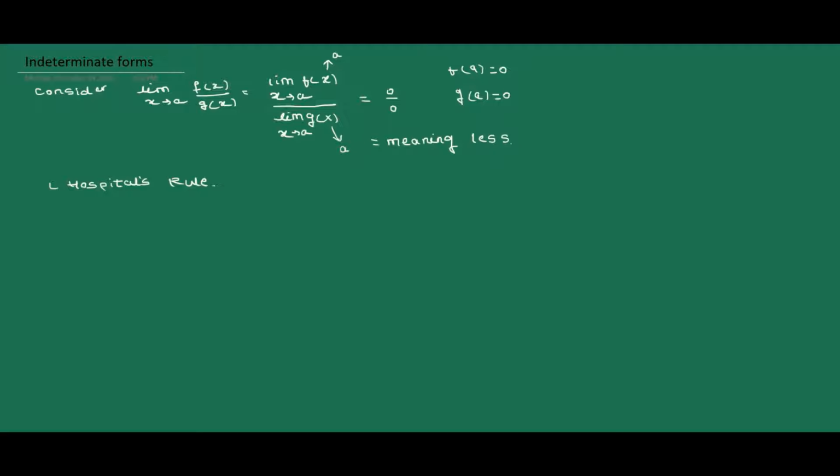If f of x and phi of x be two functions of x, and if f of a is equal to phi of a is equal to 0, then